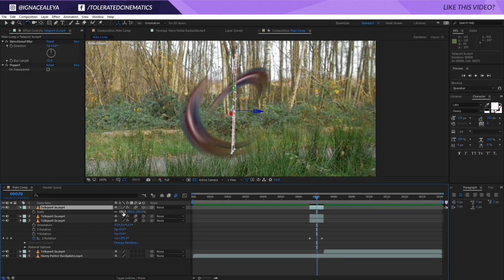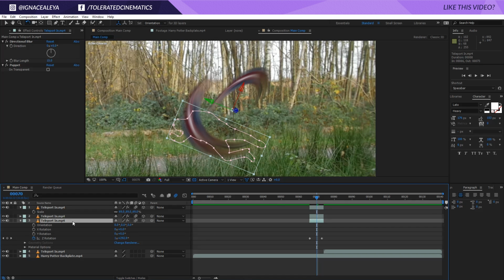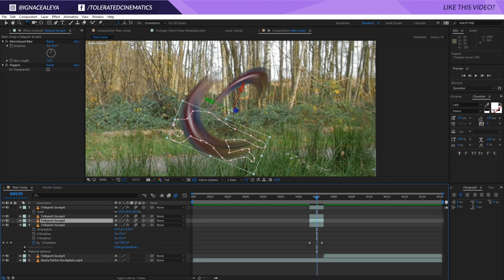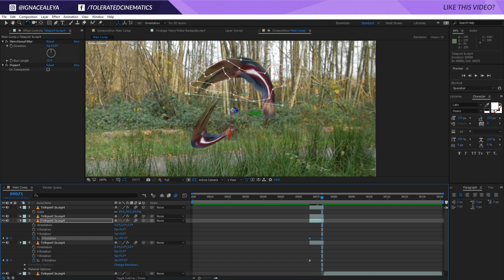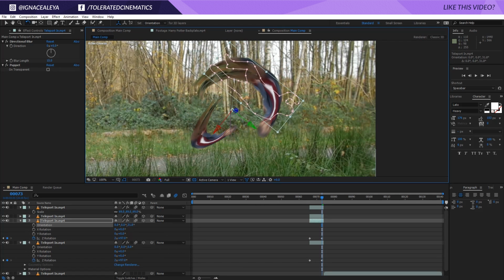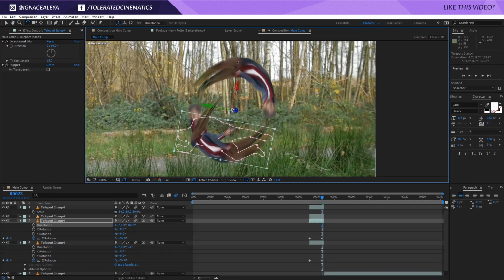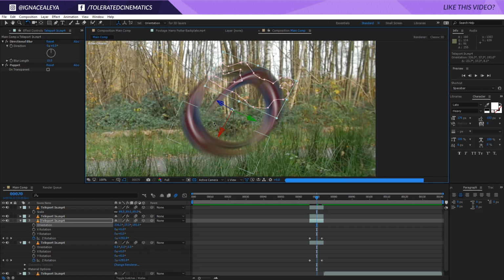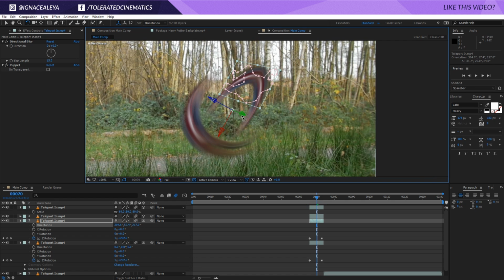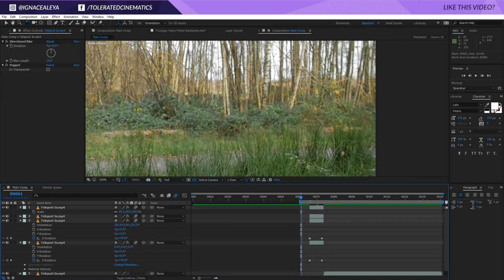You can also scale one down, so press S on the keyboard and scale it down so it looks a little bit different. And then duplicate once more, and we're going to rotate it also on the Z here. So I'm going to press the R key again, click on the Z rotation, go to the end and rotate it on the opposite side here. So right over here. And that way we get something like this. Also move it a little bit more to the front. Okay, there we go. So if we're going to play this back,